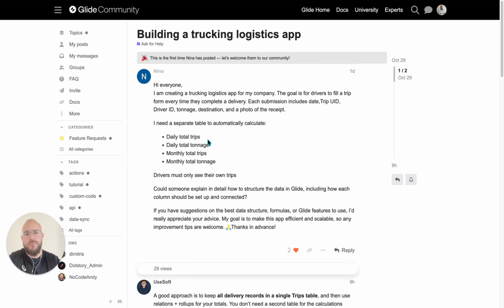Basically, in short, they want a monthly and daily summary of items, of events. So the first thing that I will do is use the beta version of the AI agent of Glide,